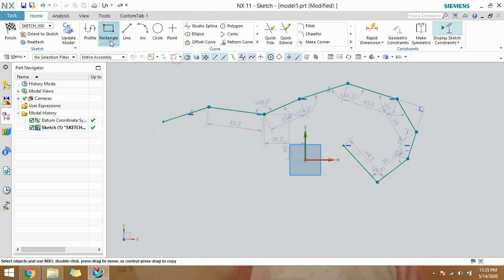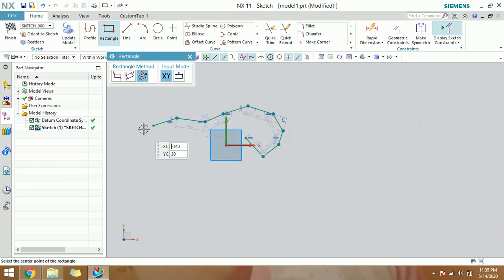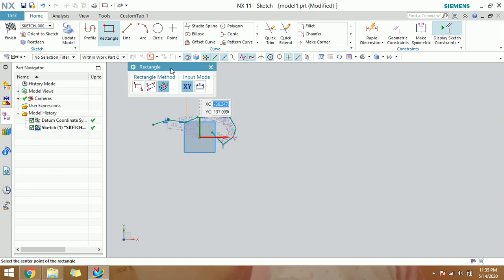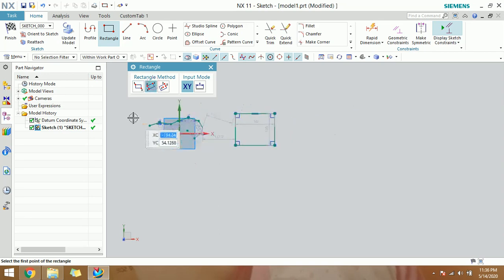Next, rectangle. How can we draw the rectangle? There are three methods to draw the rectangle. The first is by 2 points, then by 3 points, and from the center. I'm just selecting by 2 points, like this. How can we draw by 3 points?